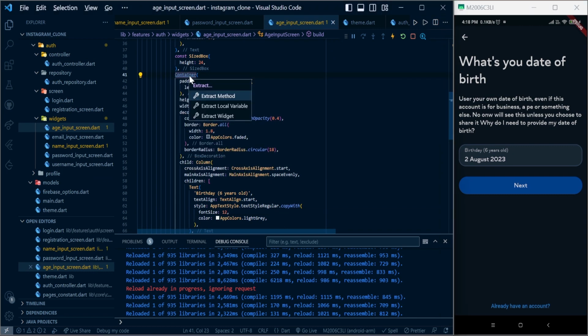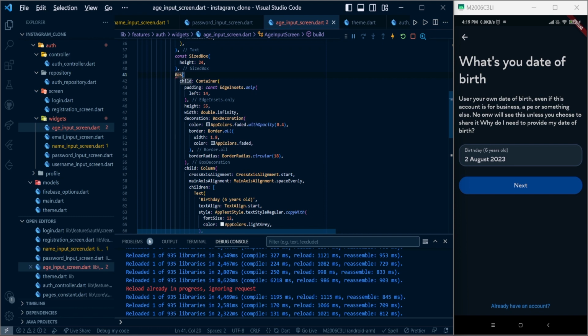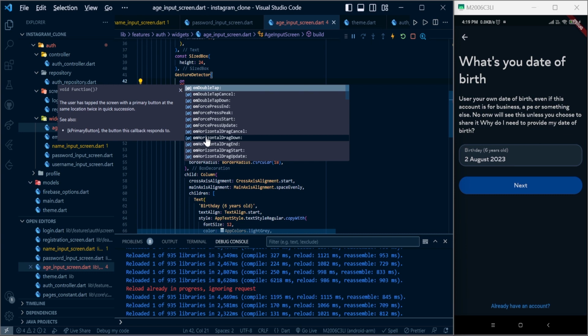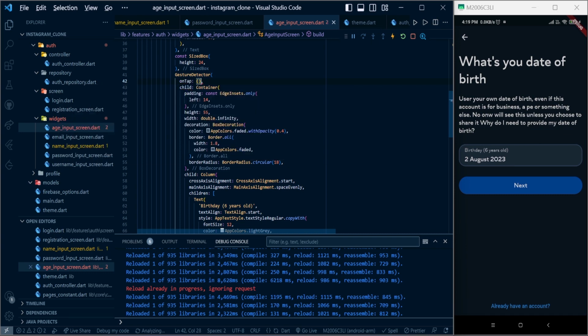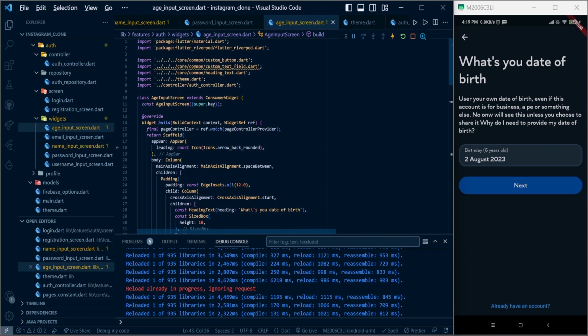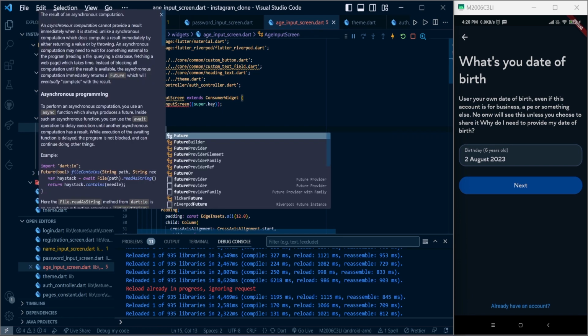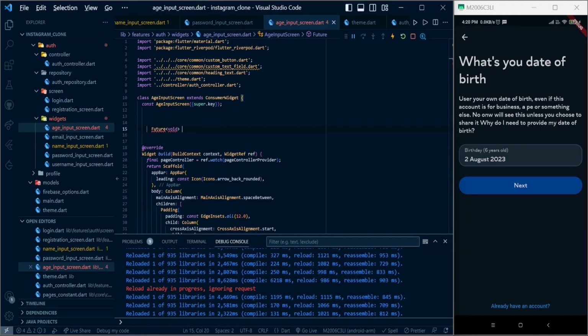wrap this with a gesture detector, and here we can use onTap. And to show the date picker, we can create a function here. It will be a Future, and we can call it selectDate,